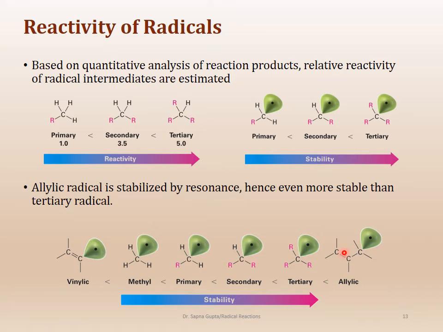Okay, so this electron can move here and one electron will be left over here as a radical. Then this electron can move back and forth between these two bonds, so it's very stable, which means that the allylic radical is even more stable than the tertiary radical because of resonance. Okay, and then the tertiary is more stable than secondary, then primary, then the methyl, and the vinylic is not